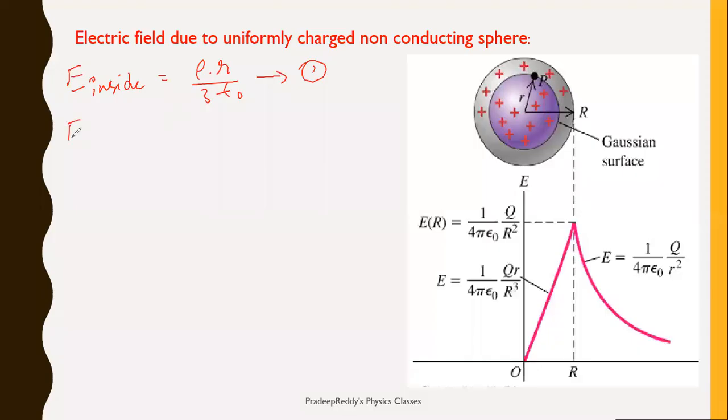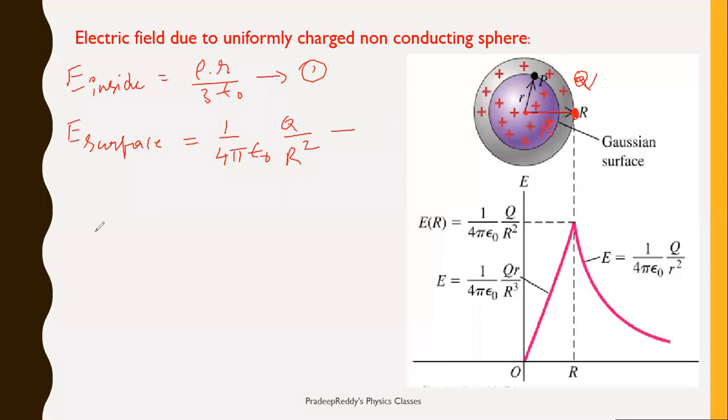Coming to surface, electric field on the surface. When you are finding electric field on the surface, that means at this position you are finding the field, just like how it is pointed on the figure. From the center, at what distance you are finding? It is capital R. So from the center, on the surface you will have charge capital Q. Therefore E on the surface will be 1 by 4 pi epsilon naught, capital Q divided by R square. So on the surface it will remain the same as it is for a hollow sphere. That is equation number 2.